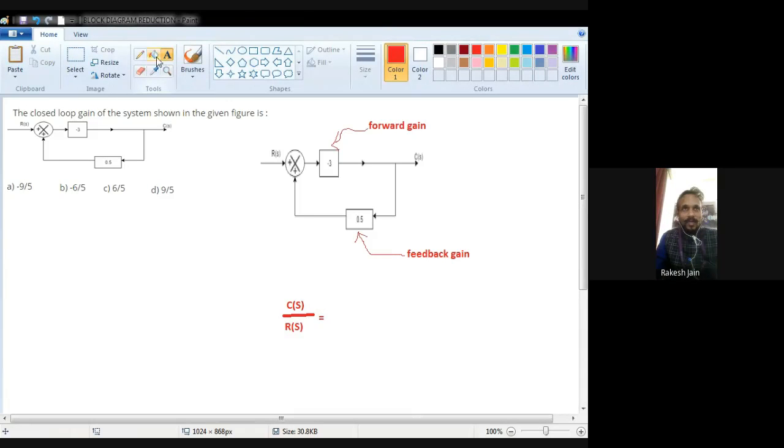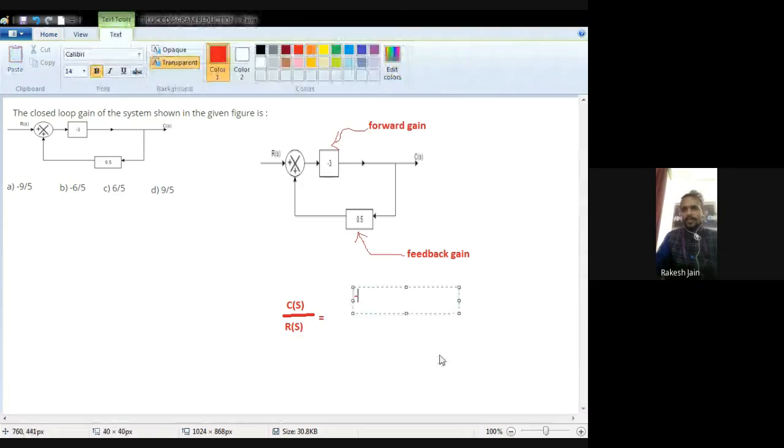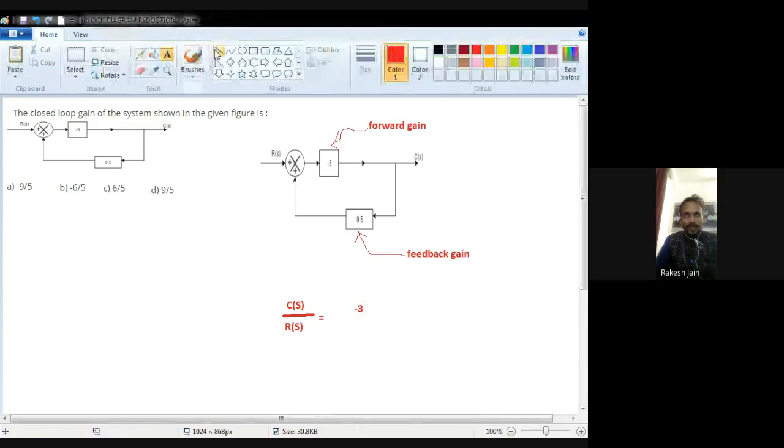So what is the forward gain? We just see minus 3 is the forward gain. I just mentioned minus 3 is the forward gain, so I just put minus 3 upon,